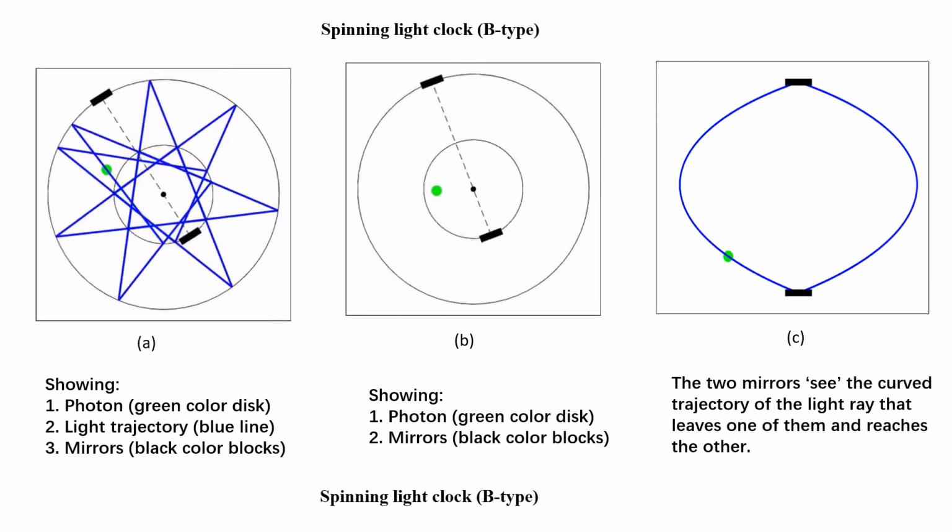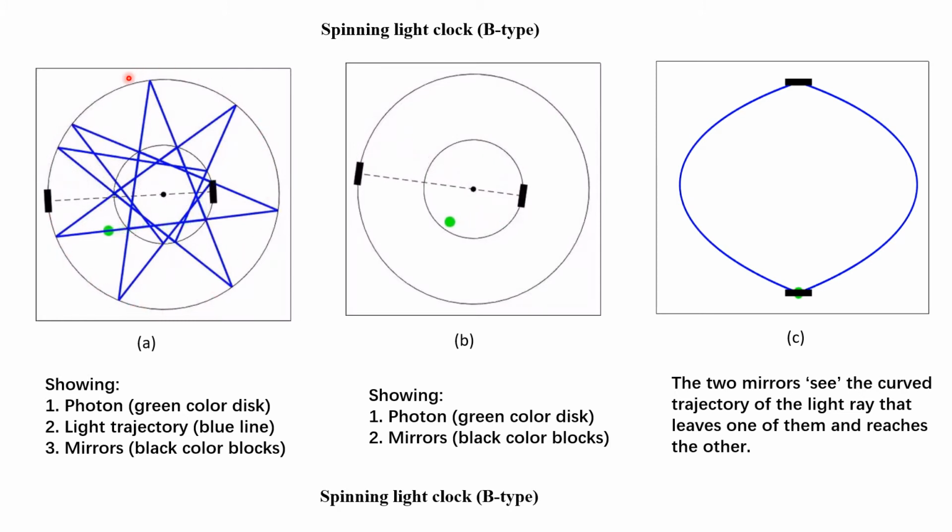This slide talks about another kind of spinning light clock. It is called the B-type spinning light clock. The two mirrors rotate around a common point, the center. The center is here, and the distances between the center and the two mirrors are not the same, they are different. So we can see here that one mirror moves along this circular trajectory, and the other mirror moves along